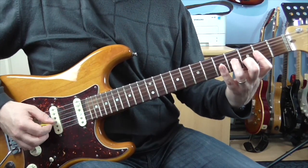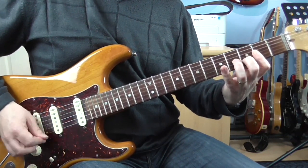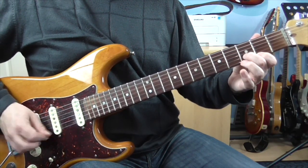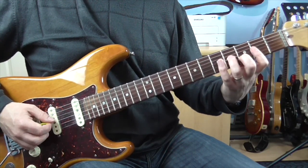So it's like, and then you get this little 2 on the end here. We're on 2nd fret of the E, 3rd of the B, and you play that twice. So you get